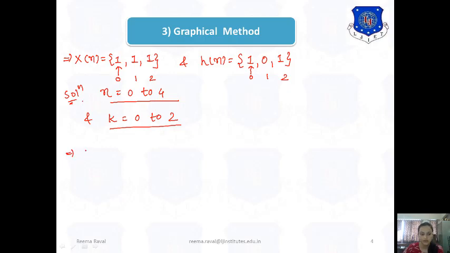In the last session we had the values of y of 0, y of 1 and y of 2. The other two, y of 3 and y of 4, we are going to find in this session. The value of y of 0 was 1, the value of y of 1 was 2 and the value of y of 2 was 2. So now let's start with the n equals 3 instant.